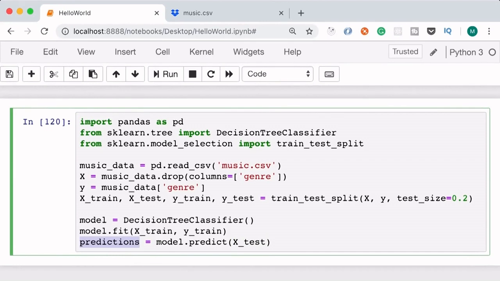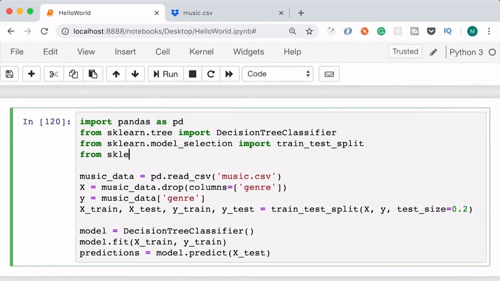To calculate the accuracy, we simply have to compare these predictions with the actual values we have in our output set for testing. That is very easy. First, on the top, we need to import a function. So from sklearn.metrics, import accuracy_score.